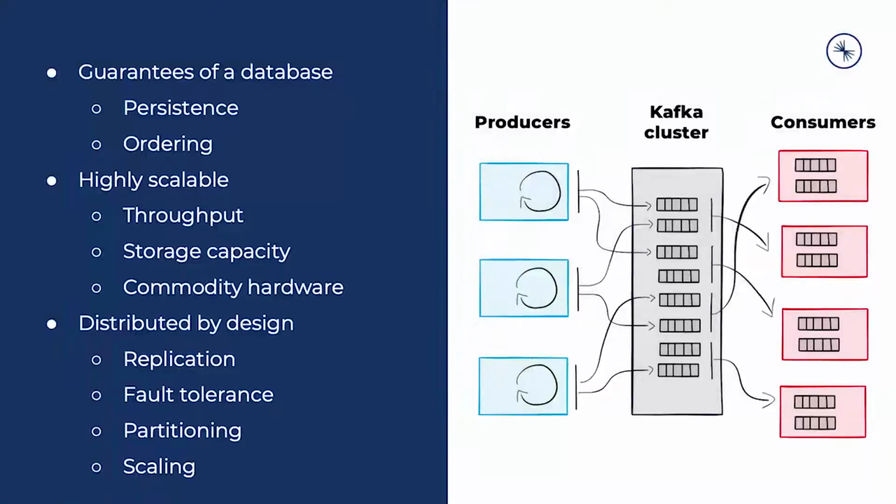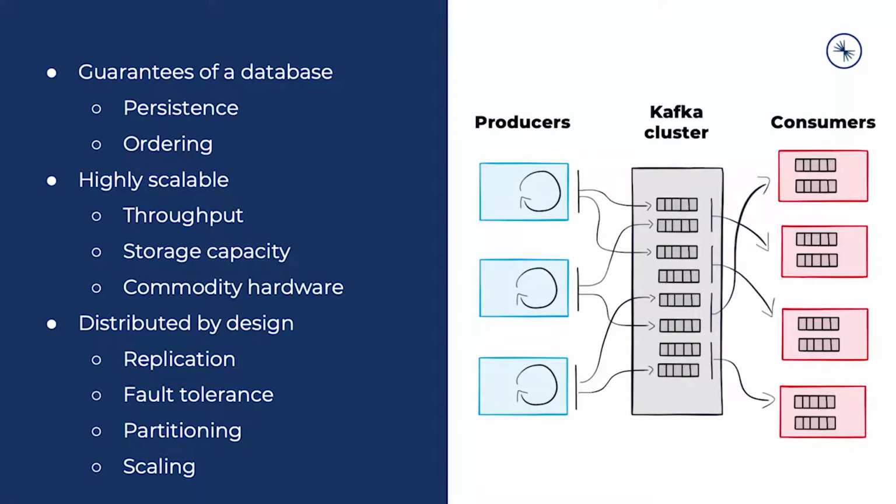for data streams. Now, we'll get a bit further into what that means later, but let's just start off by taking a quick look at what Kafka offers. So Kafka brings you the best of multiple worlds. It gives you the guarantees of a database, including things such as ordering of the data, as well as persistence. Kafka is highly scalable in both terms of the data throughput as well as the amount of data persisted, and it can run easily on commodity hardware, meaning that you have a choice of where to run your deployment, be it on-premise or in the cloud, including what we'll be going through today, which is the fully managed service on